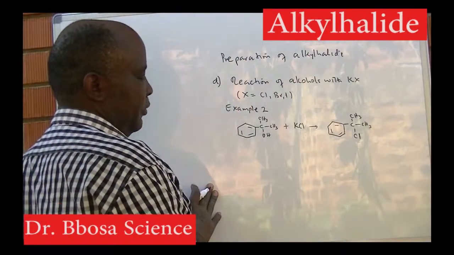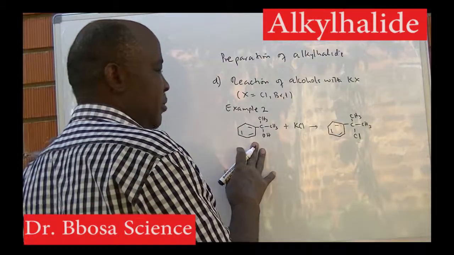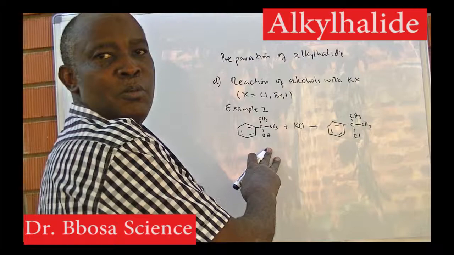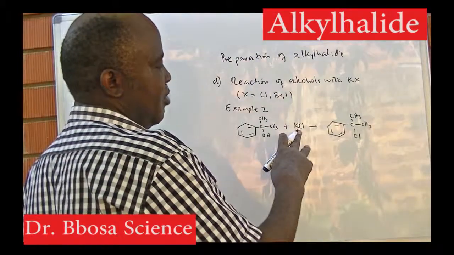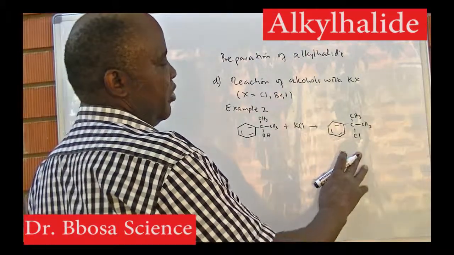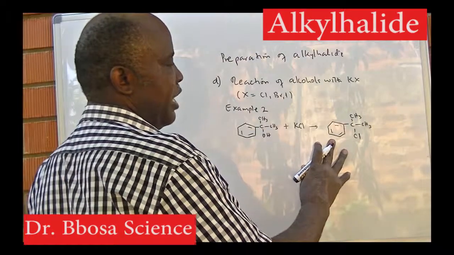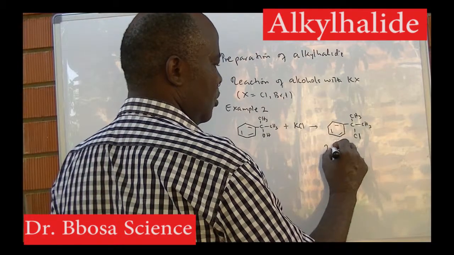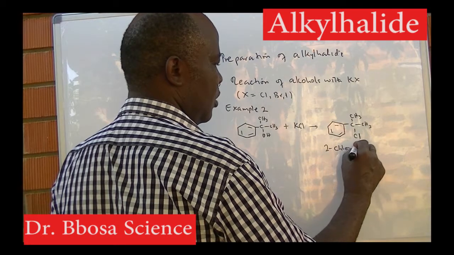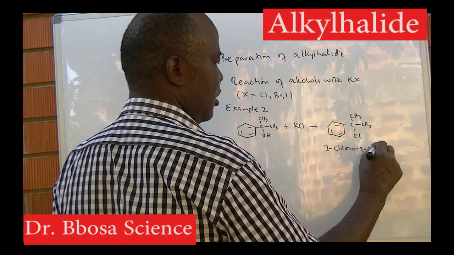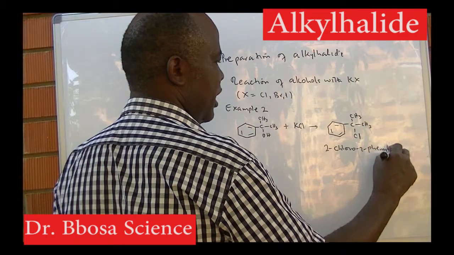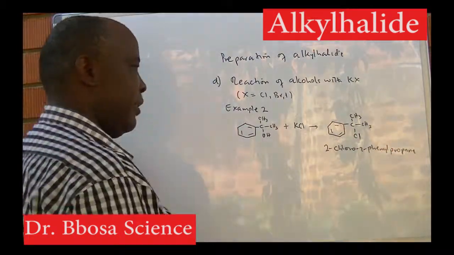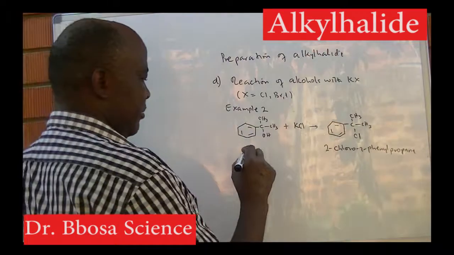Example 2, 2-phenylpropan-2-ol plus potassium chloride. You get 2-chloro-2-phenylpropane. The mechanism: